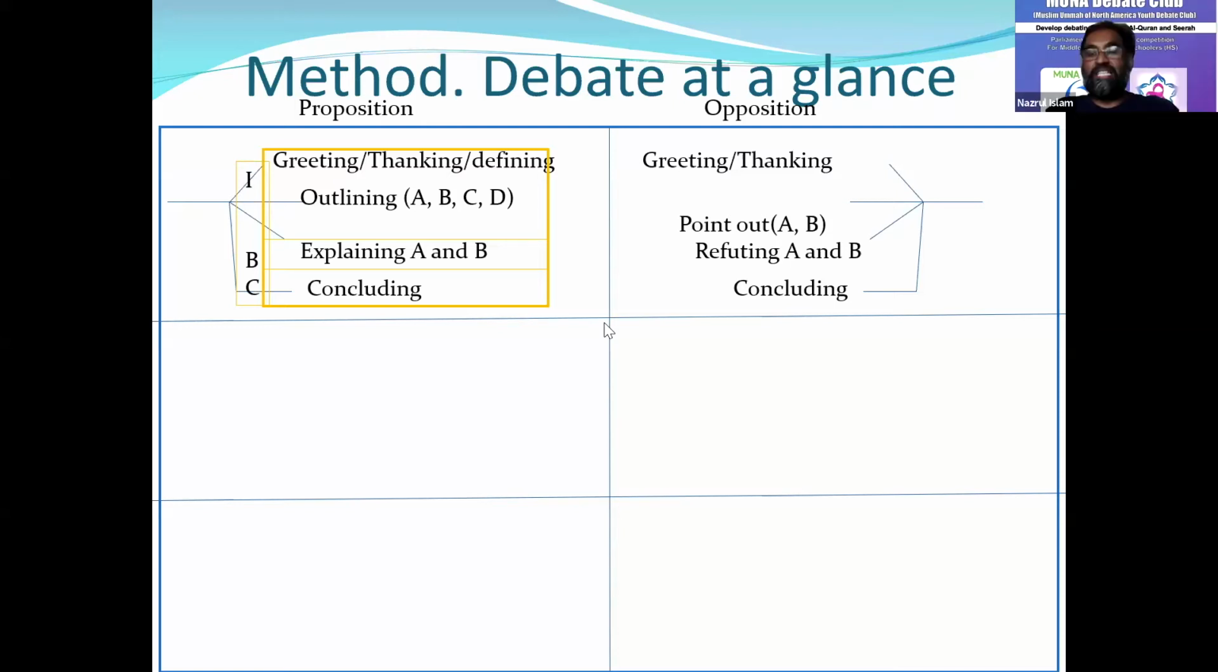Okay. The first thing for the first speaker from the opposition is to clearly point out their point. Very important. Most of the kids forget. They come and start refuting the point. No, you clearly rephrase their point. Mr. X said A and B. Then you start refuting. Remember using the word